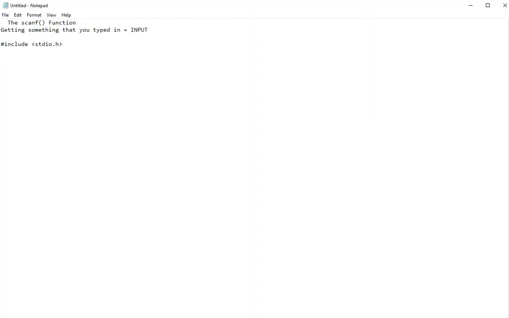and then you need the int main function. You need the code block. This is where you're going to type in your code, in between the squiggly brackets. It doesn't matter how it looks. Then we're going to have our integer x. We don't know what x is going to be, it's whatever we type in. And we need printf